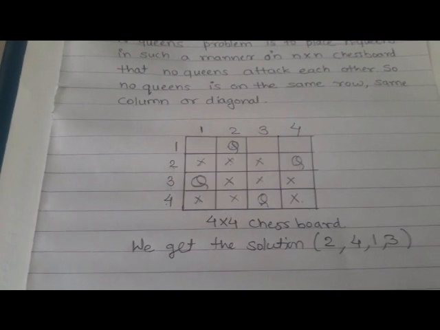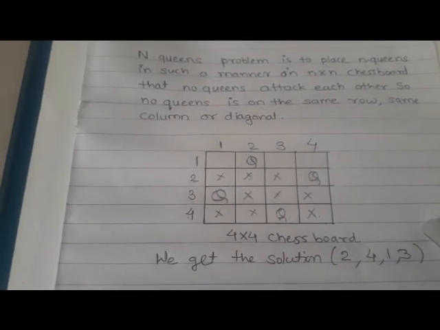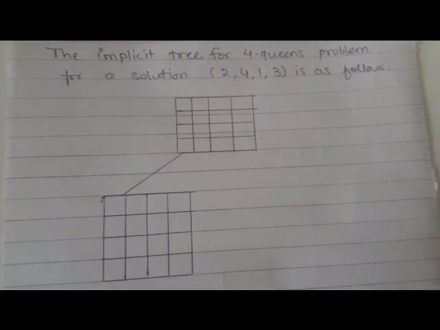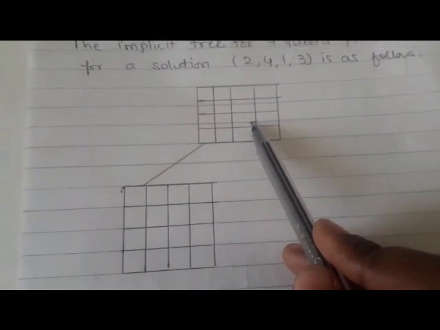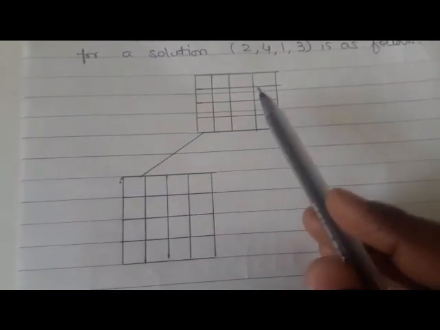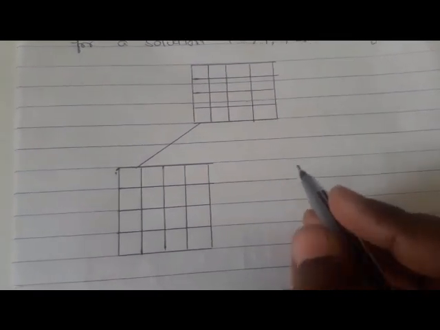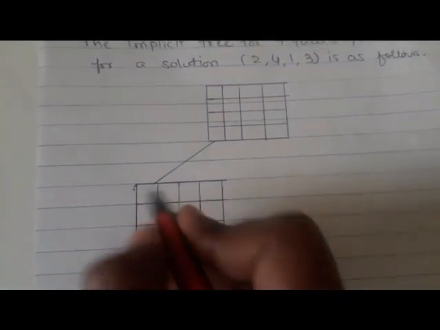Now for this, we will see the implicit tree for the 4 queens problem for this solution as it is given here. Consider that initially this 4x4 chessboard is empty, and now we have to place the first queen in this 4x4 chessboard as we have seen previously. Now we consider that we will put our first queen in the first row,